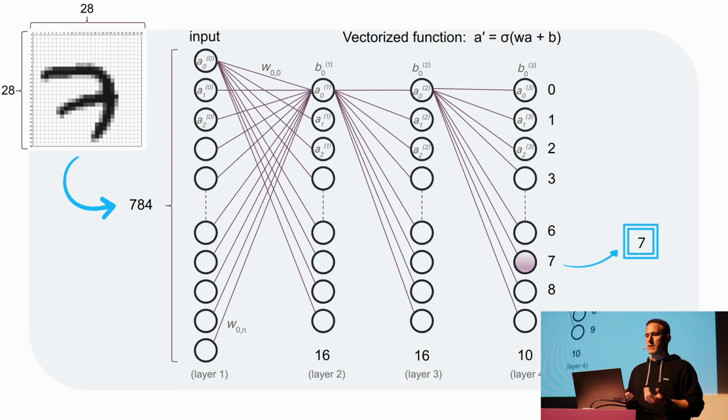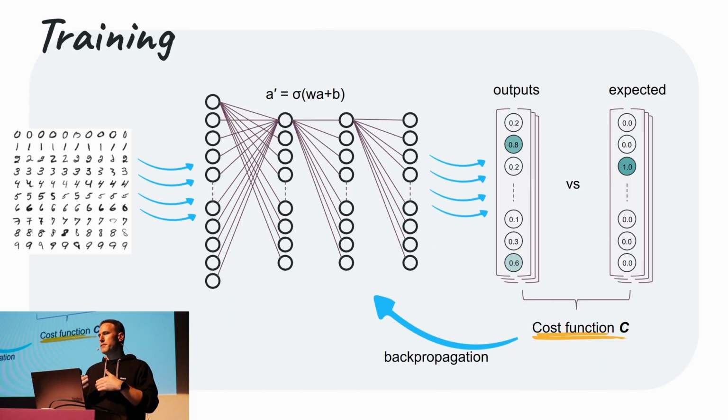Initially, of course, if we do this, what are we going to use for the weights and biases that we initialize our network to? Well, that's the thing, such a neural network is initially completely dumb and will produce garbage, and you have to train it by feeding a lot of input to it, looking at what is the output, and then correcting that bit by bit until you can fine-tune the different weights of the network.